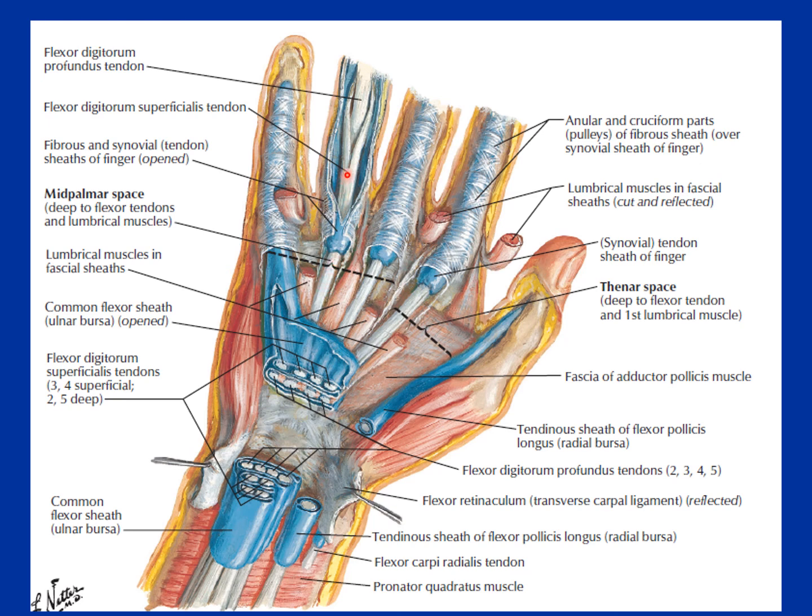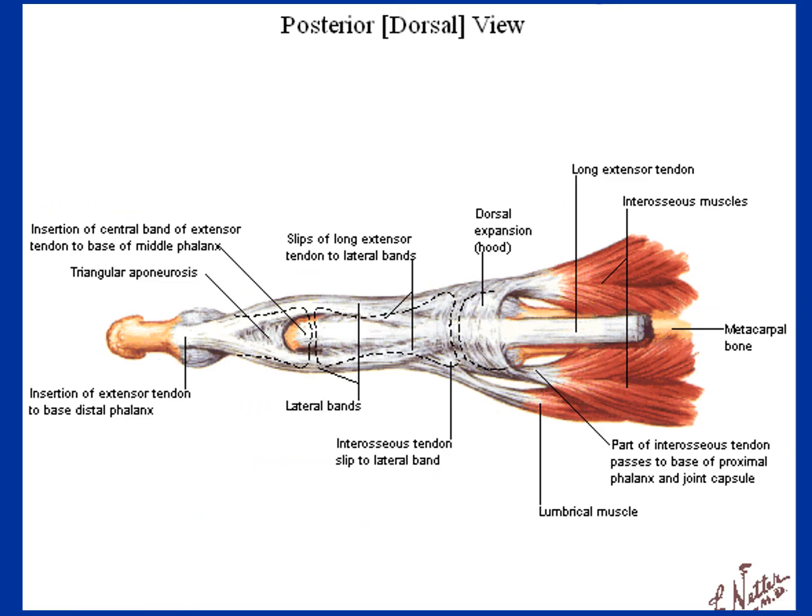When it reaches the proximal phalanx, it splits into two and attaches on the lateral side of the middle phalanx, and below that gap the flexor digitorum profundus moves forward and attaches to the base of the distal phalanx. This is about the synovial sheaths. So if we move to the fingers, we will see the flexor tendons which are passing from below as well as the lumbricals. So these are the metacarpal bone, and this is our long